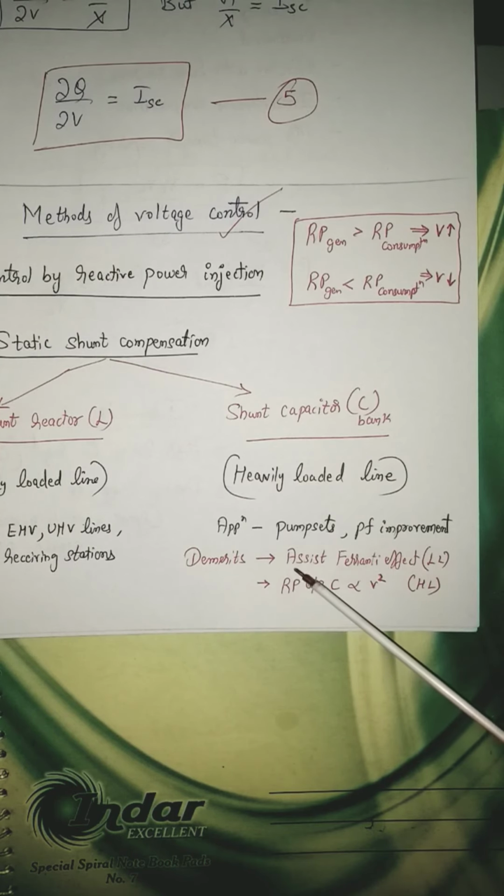The other demerit is this may assist the Ferranti effect whenever the line is lightly loaded. See, a line can be heavily loaded or lightly loaded depending upon the consumer. So suddenly a heavily loaded line can become a lightly loaded line. So whenever it becomes a lightly loaded line, the scenario is exactly opposite. Lightly loaded line, automatically the consumption will reduce. Already by default itself you are having excess reactive power. On top of it you have included the shunt capacitor. So you are assisting the increase in voltage at the receiving end. That is nothing but Ferranti effect. So that is another disadvantage.